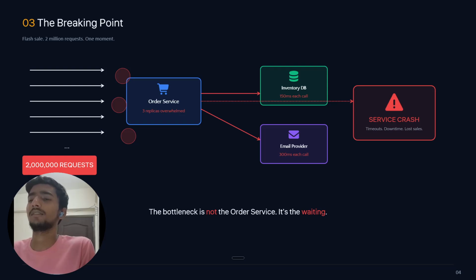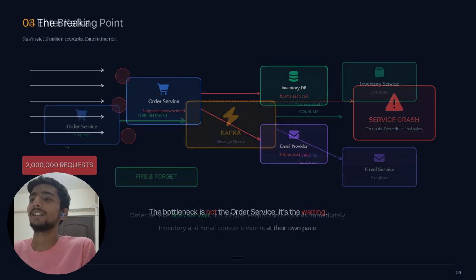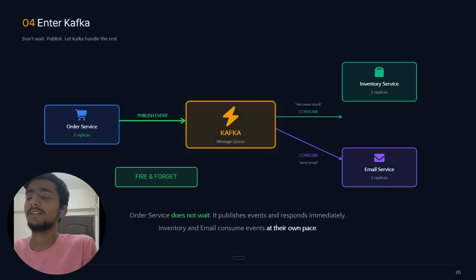This thing happened just now. The service kept crashing. Let's now introduce Kafka in between the instant API calls. Let's make this fire and forget. The order service will create an order creation event for the inventory service and email service, and the order service will forget that. Then the inventory and email services will consume those events and process them one by one, right?